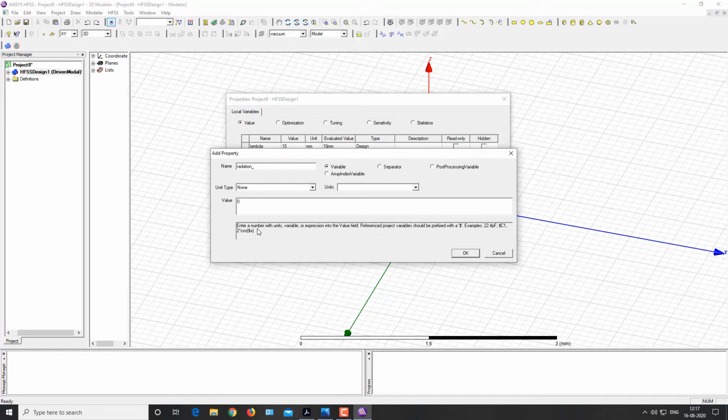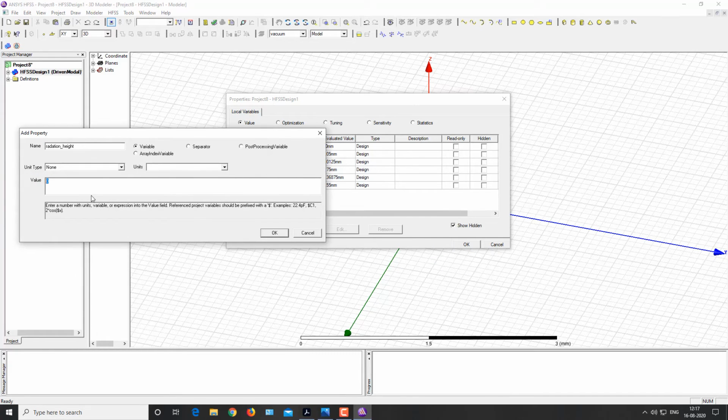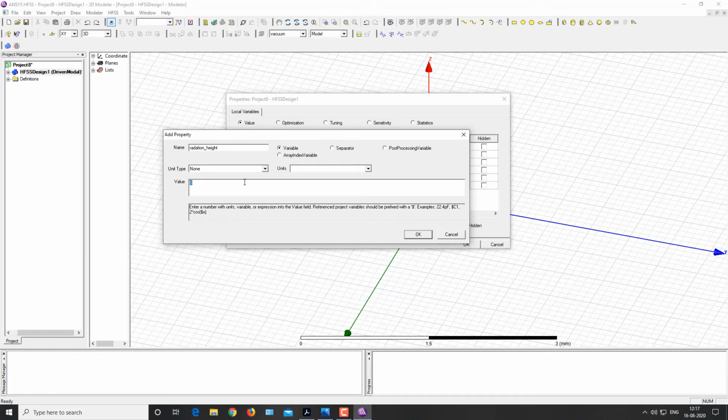Radiation underscore height, and the value for this will be the total length of the dipole, and the height of the radiation box will be the gap between the two elements of the dipole divided by 2 plus the length of the one element of the dipole, which is dipole underscore length, plus lambda divided by 10.